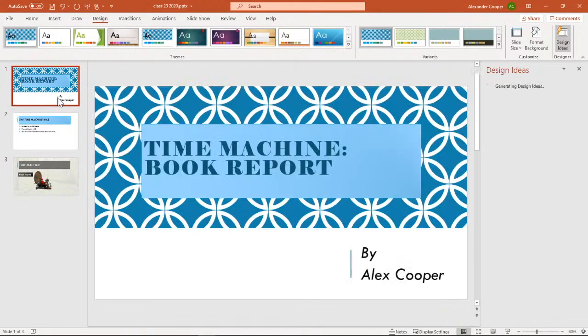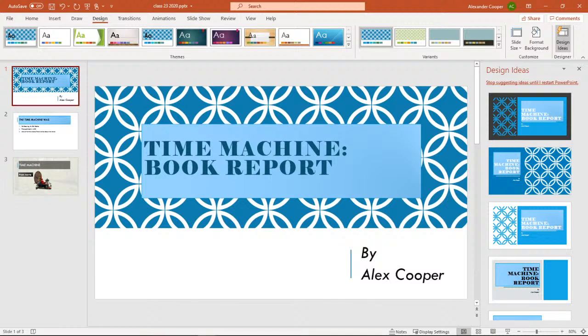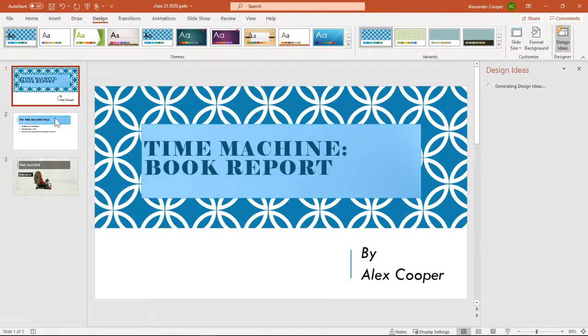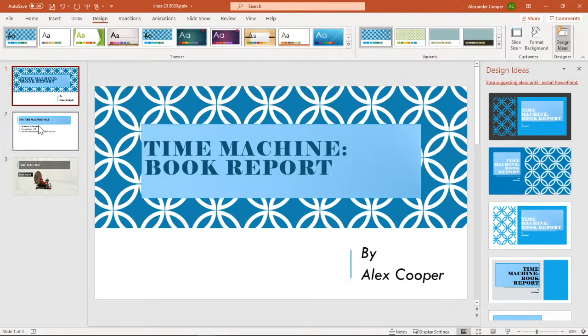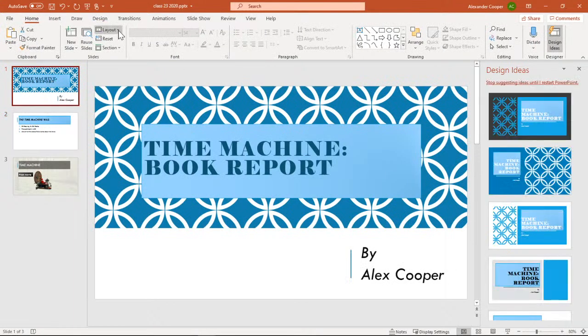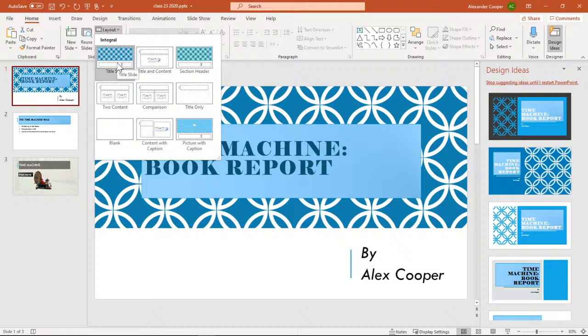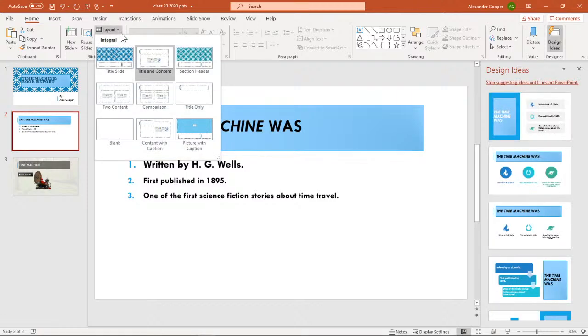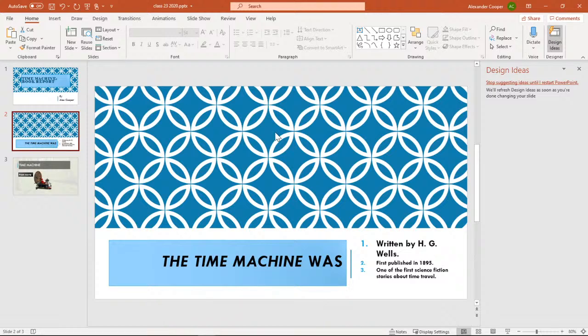And it would look like the rest of them. So you go here and you go, okay, well, I was hoping that I can make the second slide look like this one here with the background. Well, how do I do that? Well, the first slide layout, if we click here, is title slide. And if we look at the layouts, this actually shows what the different slides will look like with this theme. Okay, so if you want to, you could click 2 and then say change layout to look just like the title slide. And there's your title slide.